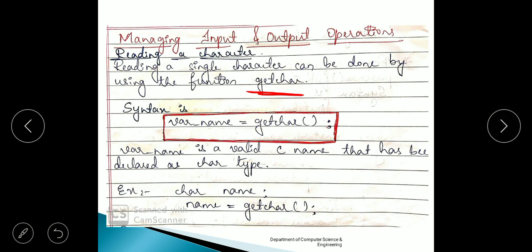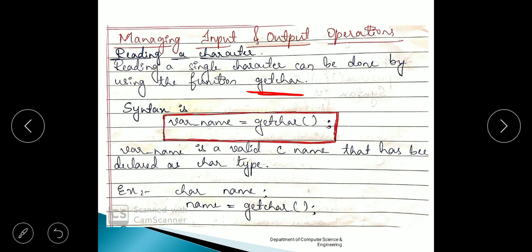One example is given here, that is char name. Name is a variable and it is declared as char. Then name is equal to getChar. Once the counter encounters name is equal to getChar, it waits for the user to enter some input or to press any key from the keyboard. Once the user has entered some input, it will proceed with the next statement.